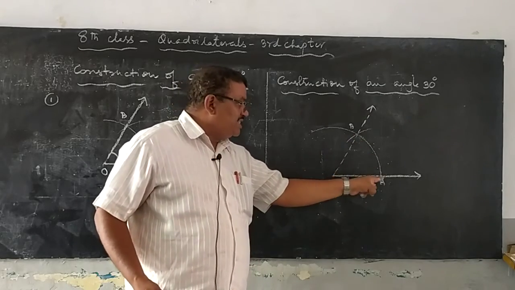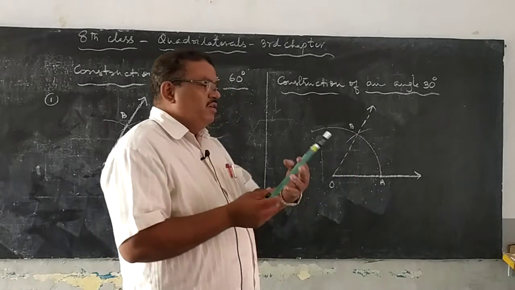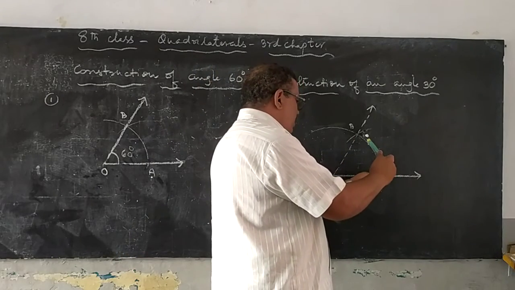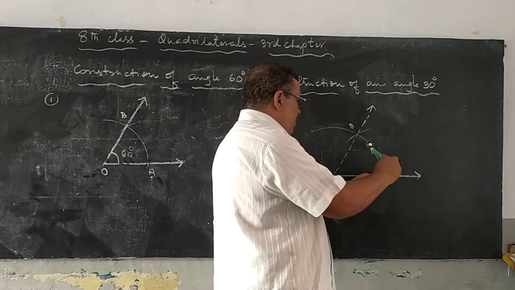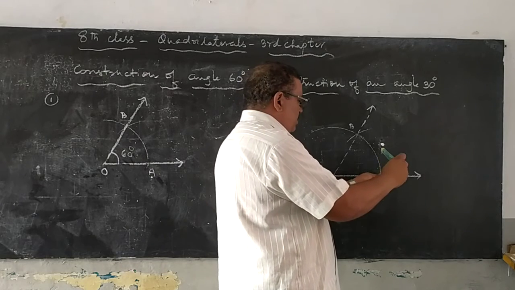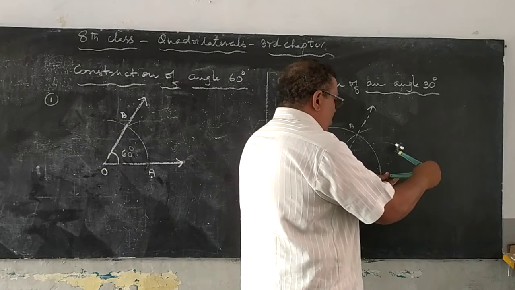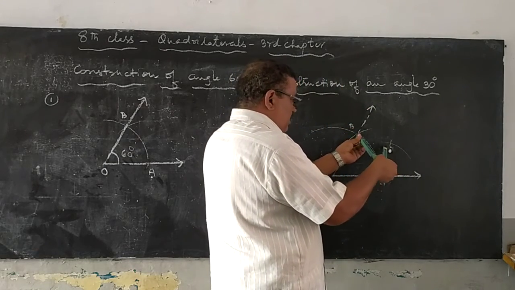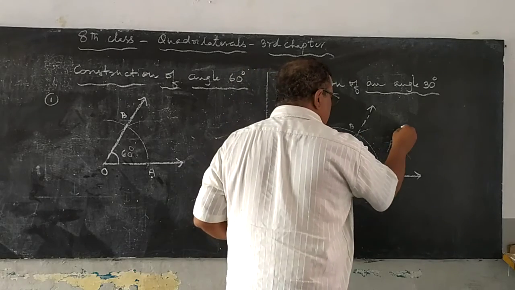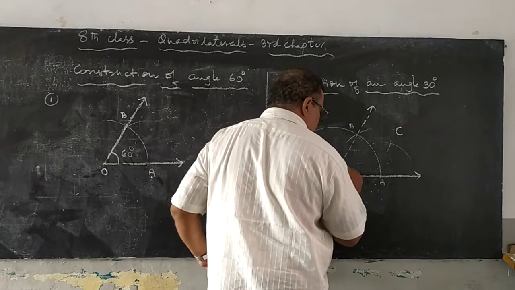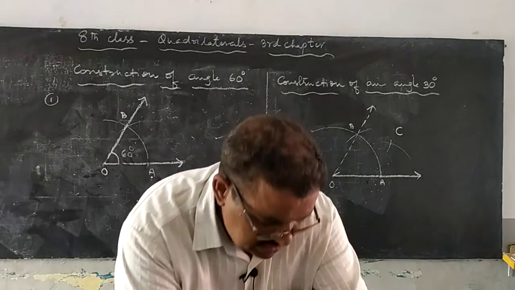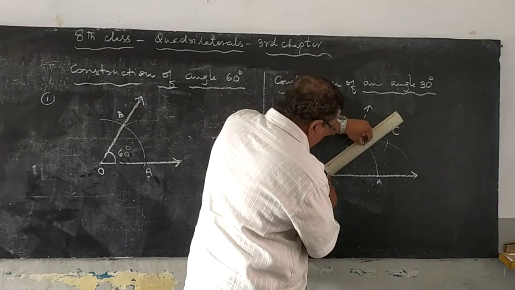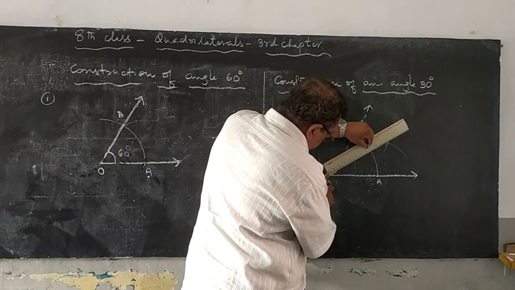How do we have to bisect this angle? One time say, children. In this length AB, take more than half. From A onwards, draw one more arc. With the same radius from B onwards, cut this arc. The intersecting point is named as C. Join OC. This is the scale of mine, useful on the board. Join the OC ray.